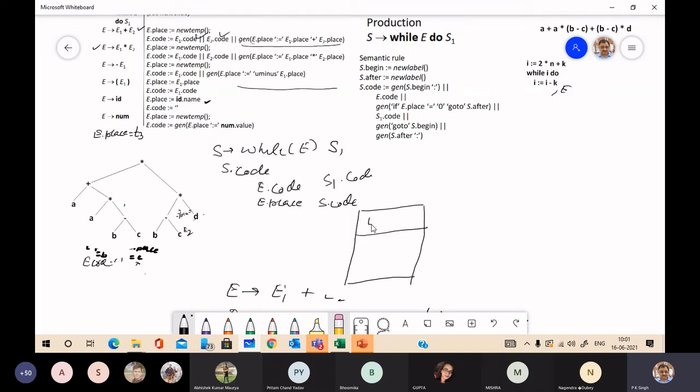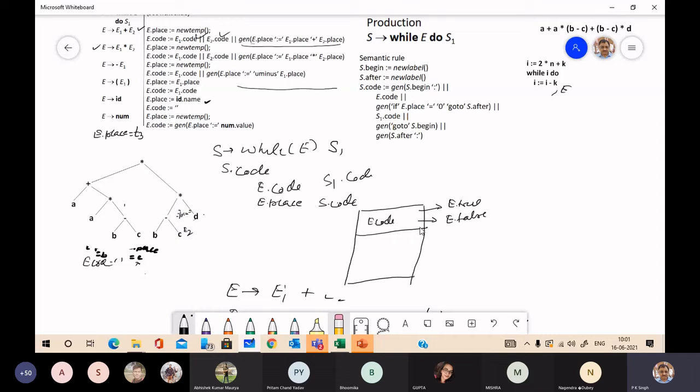We have E code. It is E true or E false.